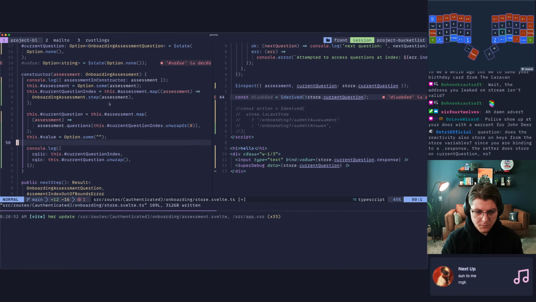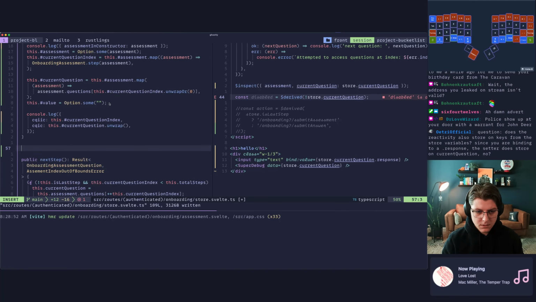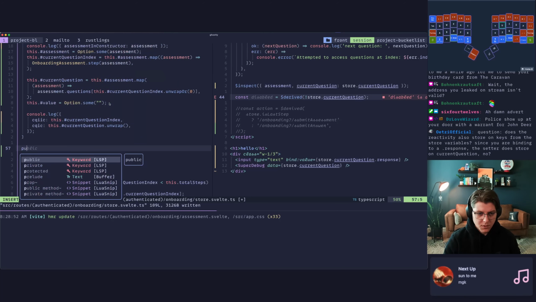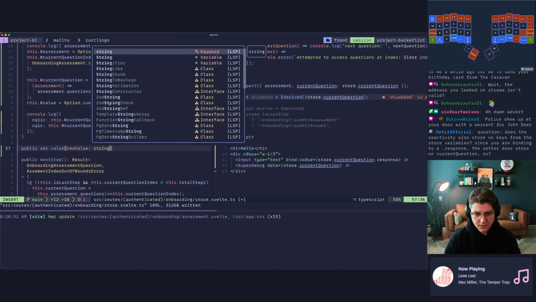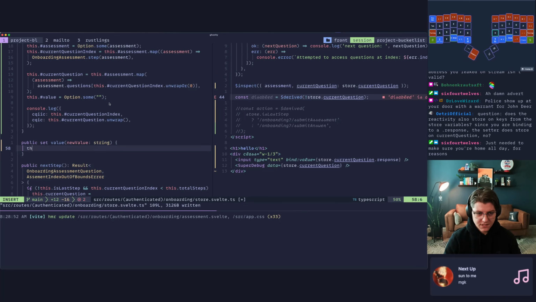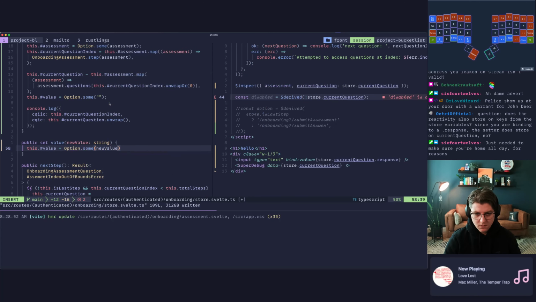And then if we do public, let's get public set value, which is going to take a new value, which is going to be a string. And we're going to say this.value is equal to Option.Some of new value. Then we're going to do a getter.